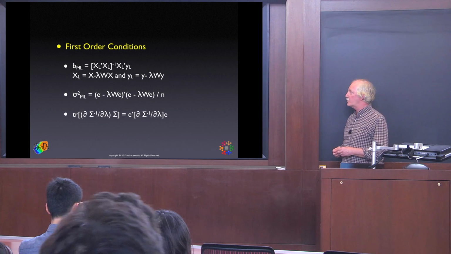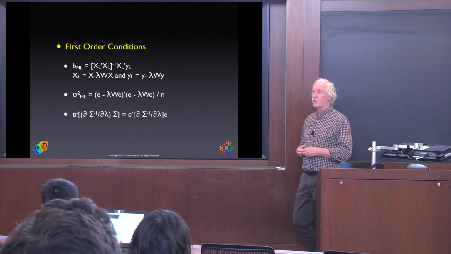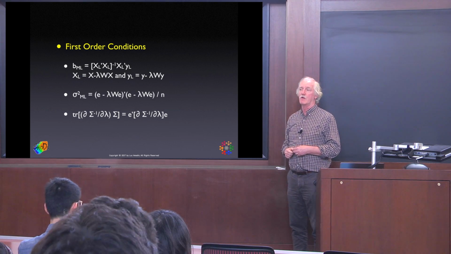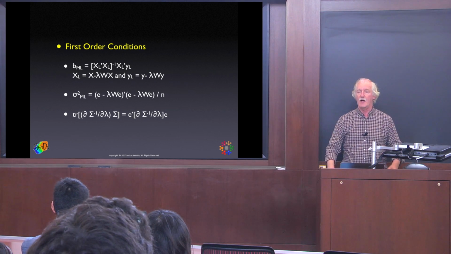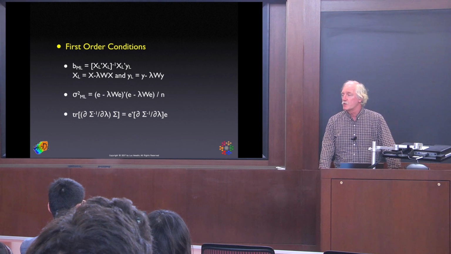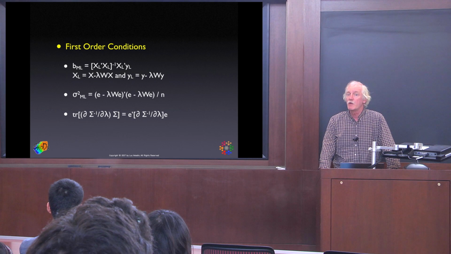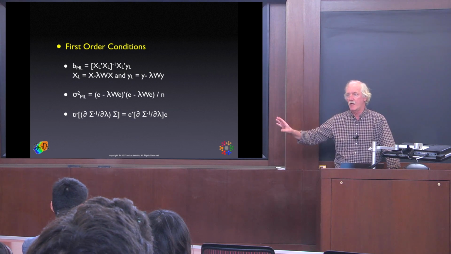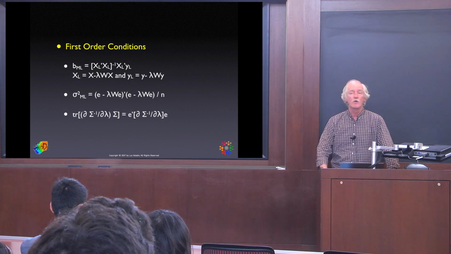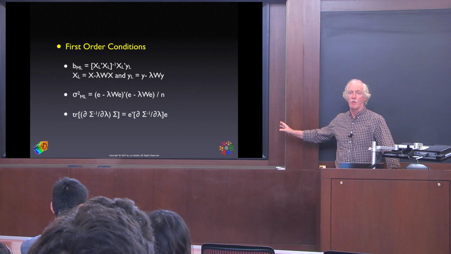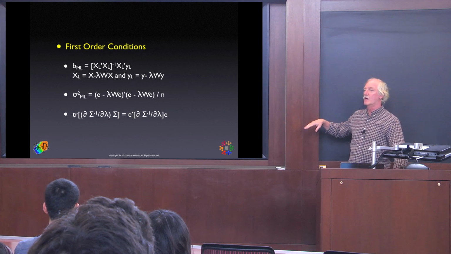But the first thing that we already know is that the solution for beta is the feasible generalized least squares solution. So that's basically OLS applied to the spatial filters. So conditional upon lambda, assuming we know lambda, we can get beta, no sweat. Assuming we know lambda, we can get sigma squared, no problem, right? So then, how do we get lambda? Well, these